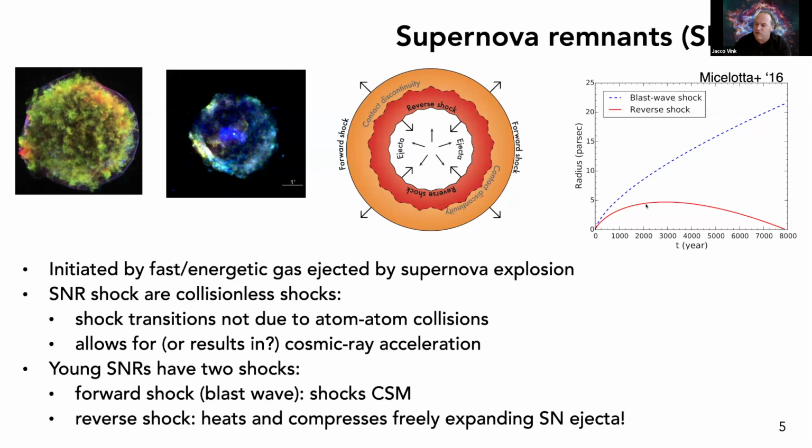Now, the evolution you see here is for the forward shock. This is a particular model. The reverse shock, despite its name, initially goes outward, but at some point turns around and goes inward. Only at late stages will the reverse shock have reached the center, and the whole thing is very hot. The outside is rather dense, so that's what we see, and the inside will be hot, but very tenuous, so very difficult to see, in general, although there are many exceptions here. So mostly we think about cosmic ray acceleration at the forward shock, but I will show one case where the reverse shock also seems to be very efficient in accelerating particles.